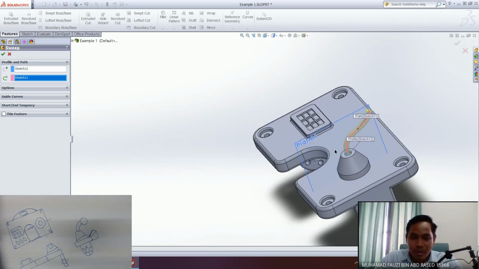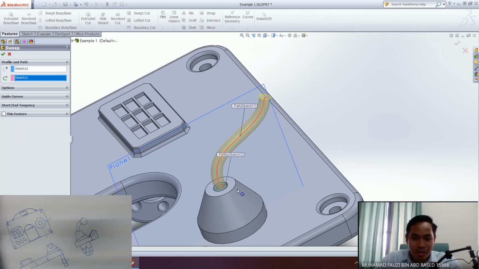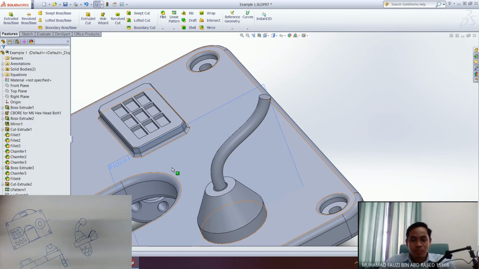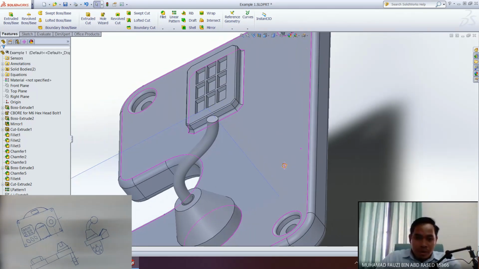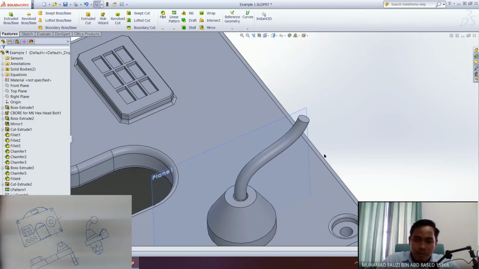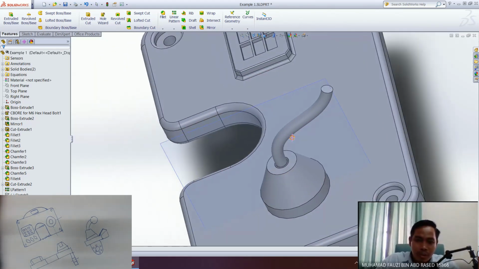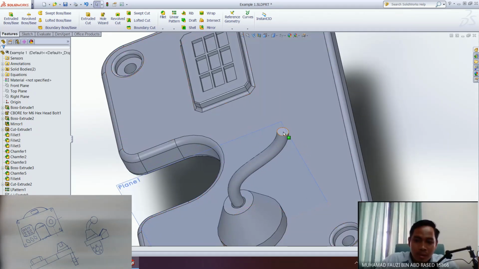If you have a part with this kind of shape, you can use this sweep operation. Now let's make this ball, this sphere. In SolidWorks,